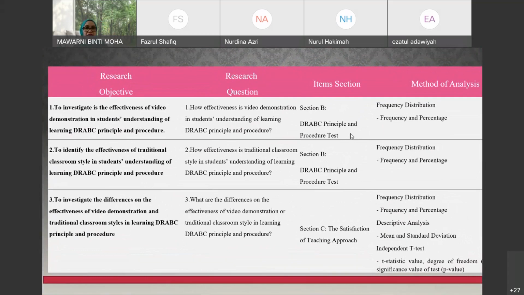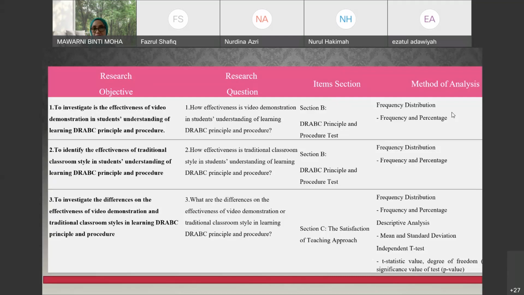And how are you going to analyze the answer or the results? You use frequency and percentage because you use a test. This particular student, remember just now, she used a test on first aid for the students. So the students have to answer the questions in the test. So she used a test, you use frequency and percentage to see how much they got, grades and percentage.